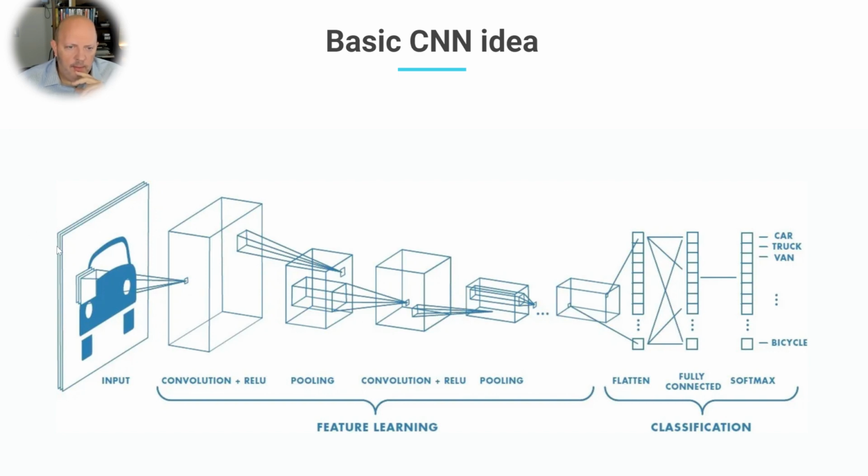So it goes through, I have a great demo I'm going to show you guys in a second. And then boom, boom, pooling, figuring out the most important feature. There might be a cloud here. We don't care about the sky. So we pool that, and we just keep doing it until we get information. The fully connected layer basically tells us, hey, it's a car, it's a truck, it's a van, it's a bicycle.